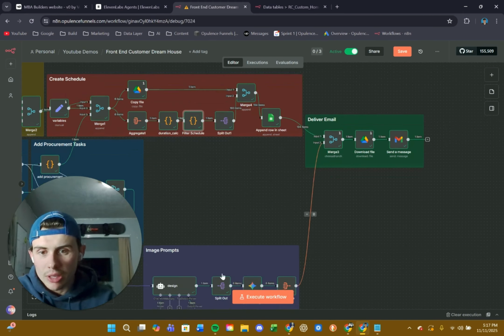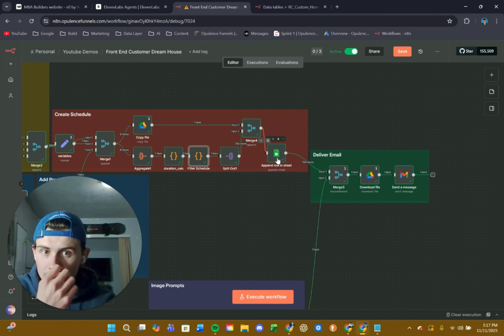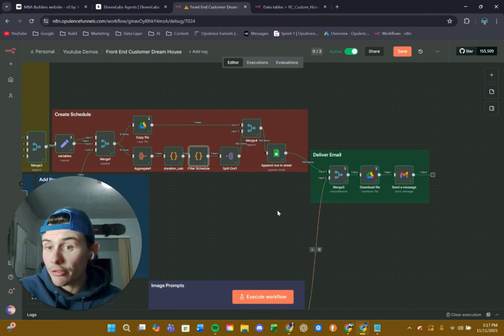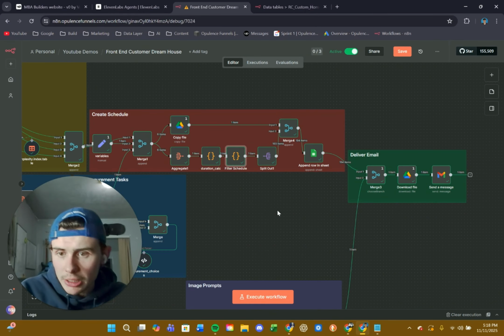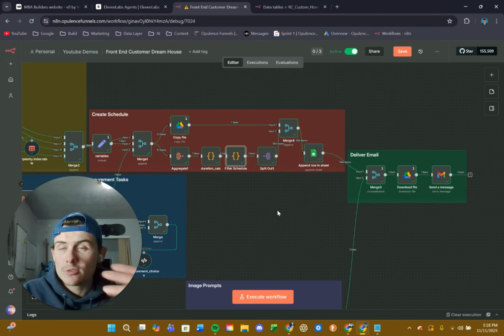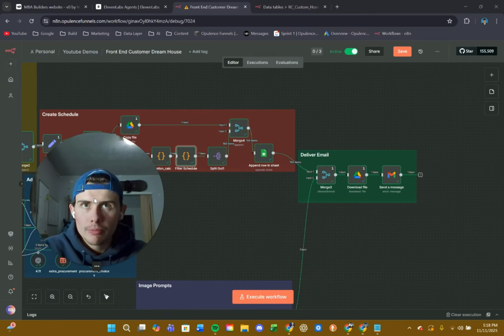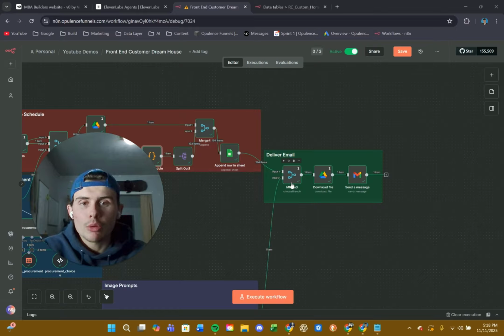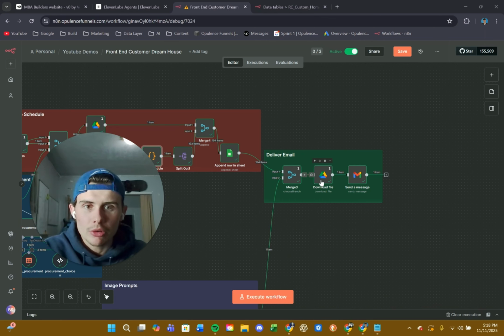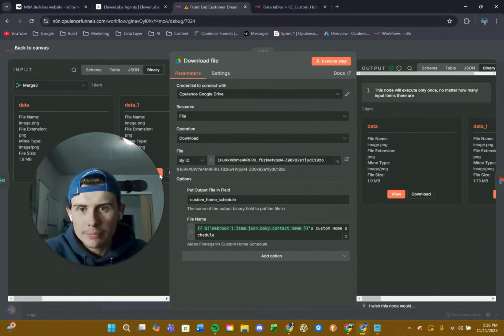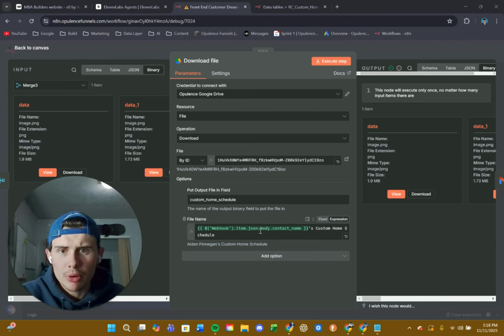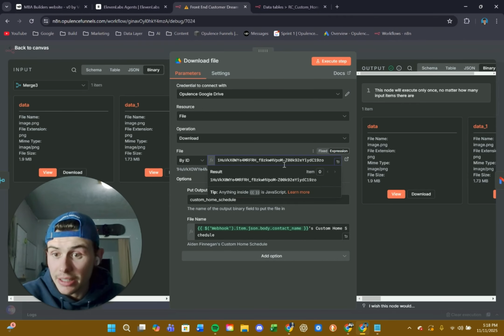So we had the first input, which is the photos, and now we have the second input, my apologies. And now the first input, which is going to be the actual Google schedule, the Google Sheet. It's been a long day. So we merge that, and then we have to download the file within N8N because we need to attach that to the email. So you'll see here, if we open this up, I'm making sure I'm pulling the ID name